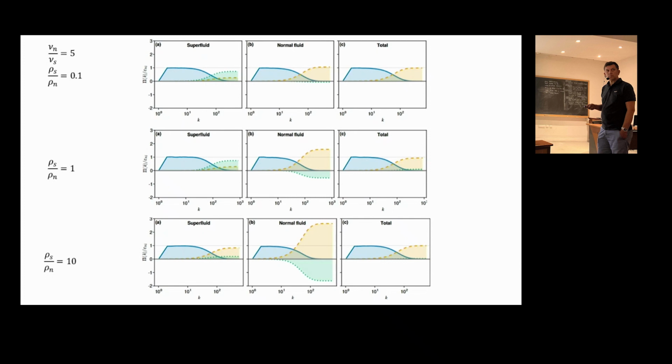Sorry, but then if the average intervortex distance is at the cutoff, so at the largest K, then the superfluid dissipation kicks in two orders of magnitude earlier. If I have to look at this, I would say the average intervortex distance is almost around 100 when the transfer of energy in the cascade goes to 0, and then the superfluid dissipation starts to kick in if it accounts for small effects.